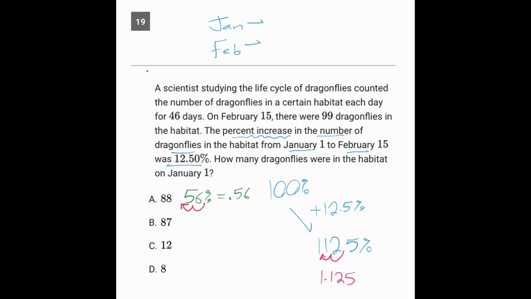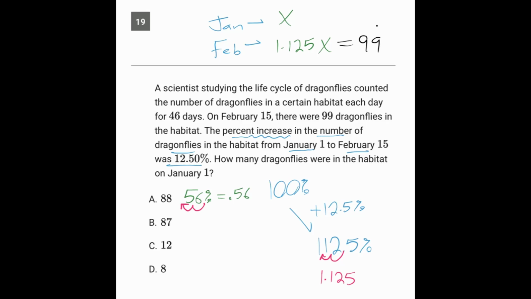1.125. Putting all that together, if in January we had some unknown value, then in February, after a 12.5% increase, it's now 1.125x. Now the question's telling us that the February number was also 99. So from January to February, the number of dragonflies went up by 12.5%, and that resulted in there being 99